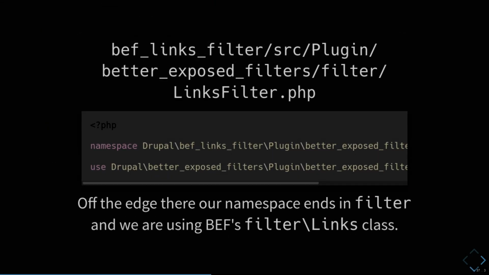And so in our module, same thing as before. You just make a folder, you have an info file, and this is the first next file. This time, instead of a .module, it's in BEF links_filter, our module name, source, plugin. And here we're just copying what Better Exposed Filters itself is doing. It puts its own plugins in a Better Exposed Filters subfolder, and then filter and links filter. And so off to the edge there, our namespace ends in filter, and we are using Better Exposed Filters filter